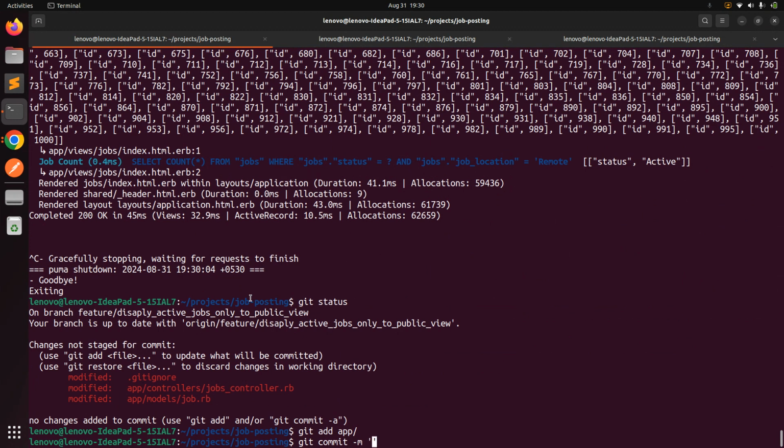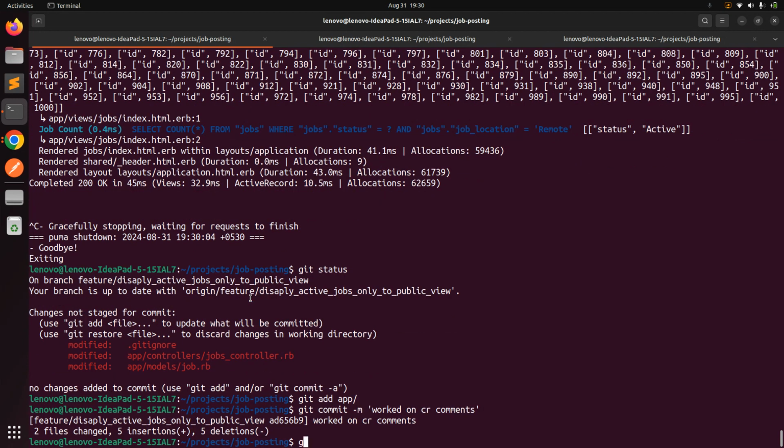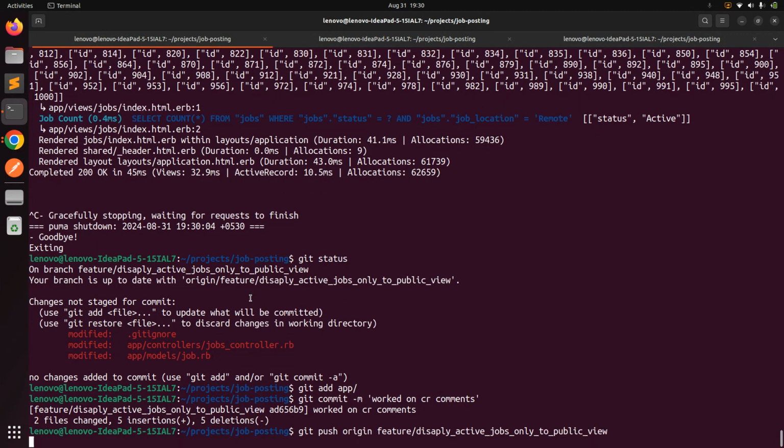Let's say git commit -m "worked on CR comments", or PR comments, or worked on pull request comments, worked on code review comments, or whatever meaningful message you can provide in your commit message. Okay, so I am providing here worked on CR comments. Save it, and then git push origin feature display active jobs to inactive jobs, and go to Sublime,